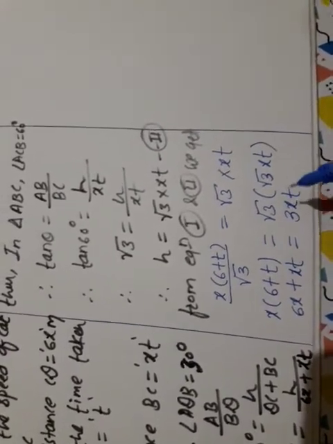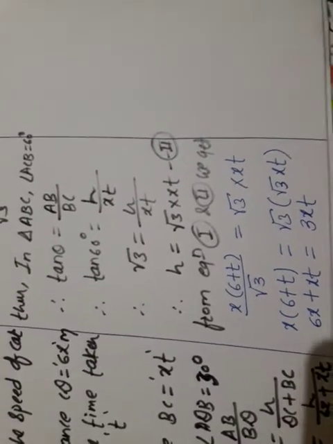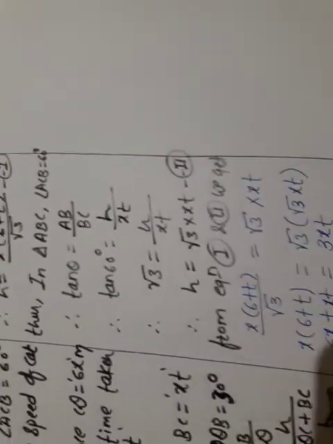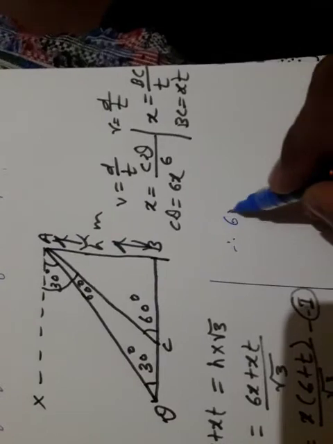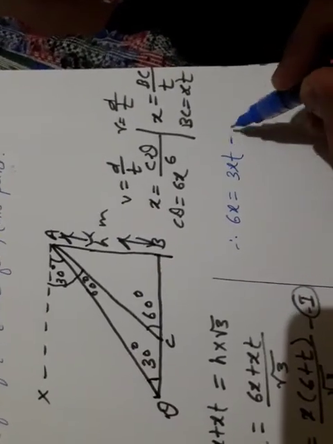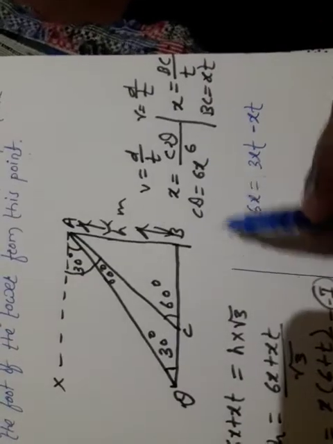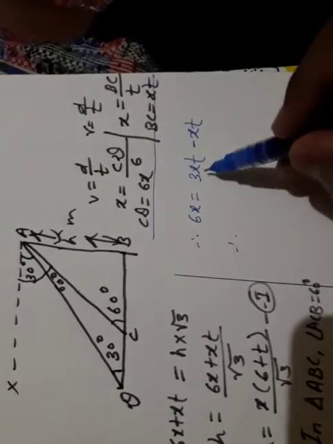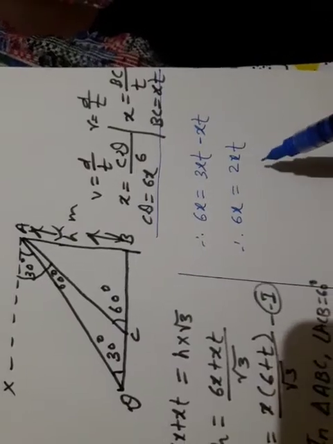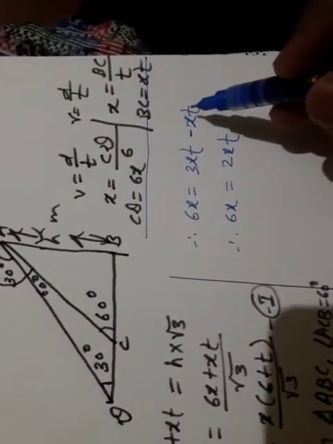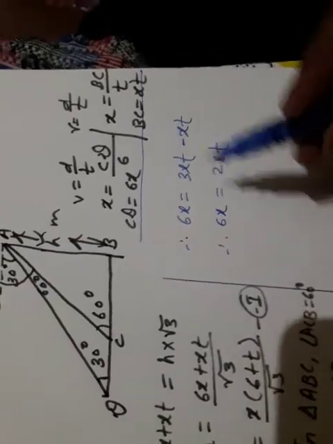Got the idea? Now we will solve this. See, you will come to know that. Okay, now look here, this 6x I will keep as it is, and this xt I will transfer here. Then what will I get? Therefore 6x is equal to 3xt minus xt. Okay, this upper part is not to be written, I told you it is for understanding only. Therefore 6x is equal to 3xt minus xt, 6x is equal to 2xt. Do you understand what I did? This is xt, this is also xt, from 3xt, 1xt goes, so it becomes 2xt.